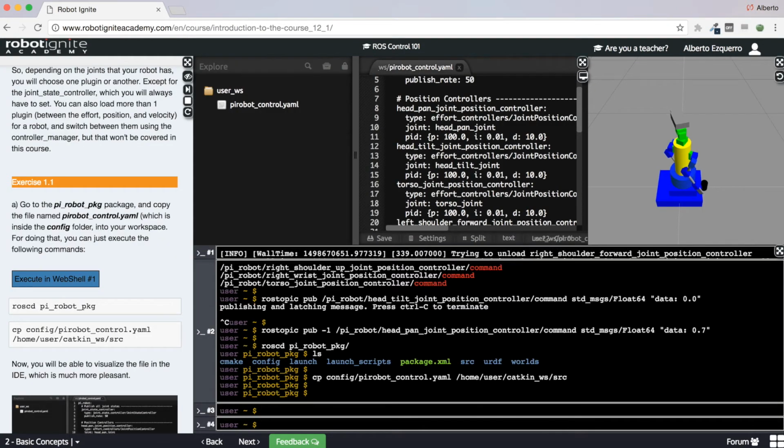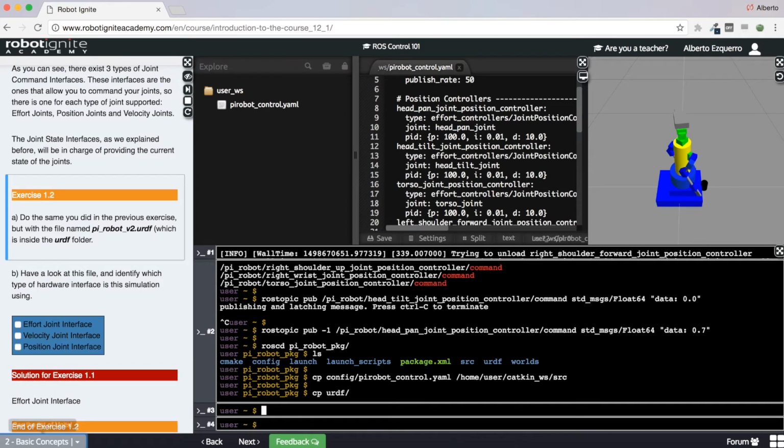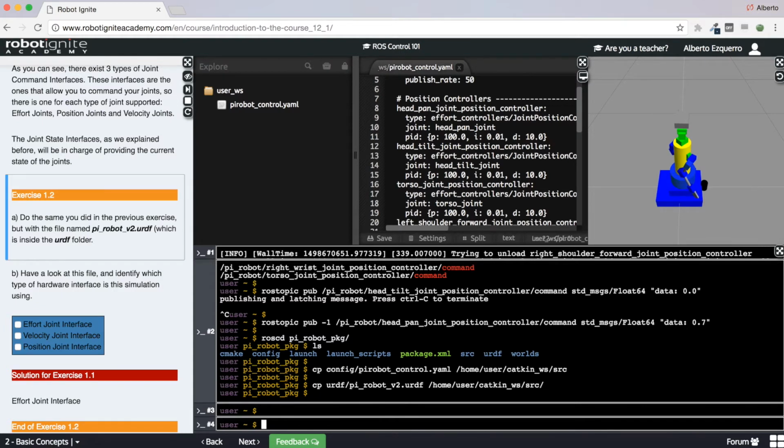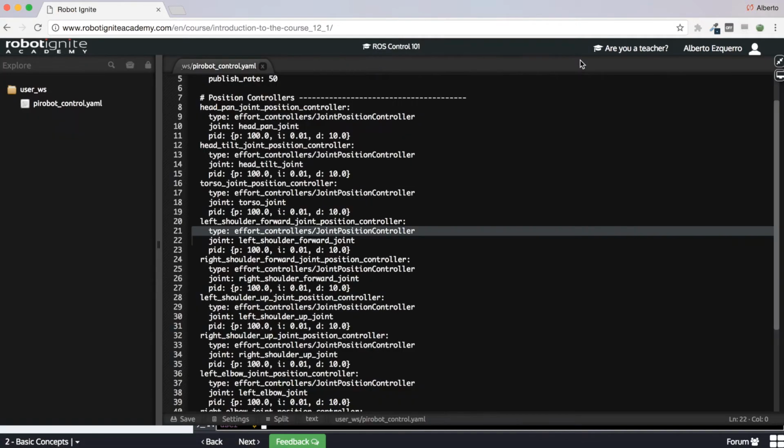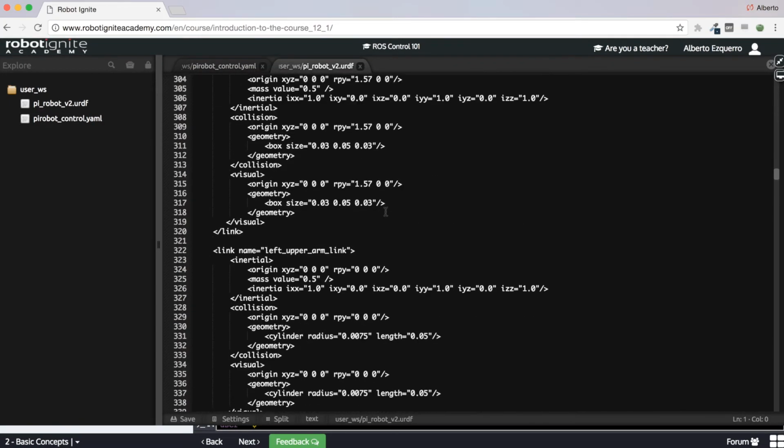So I'm going to copy that file, which is, okay, it's P-robot v2 URDF, and I'm going to copy it to my workspace. There it is. Let's wait. There we have it. Okay, so now if we open this file here and we go a little bit down,